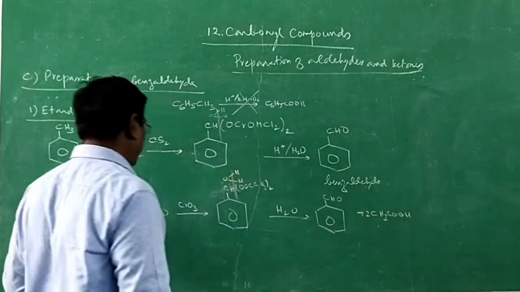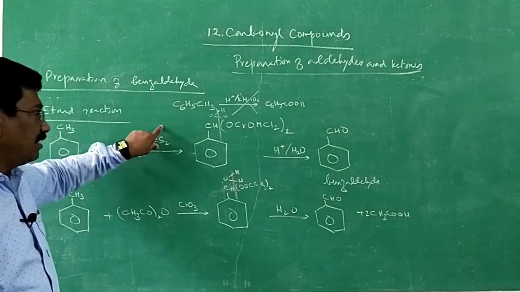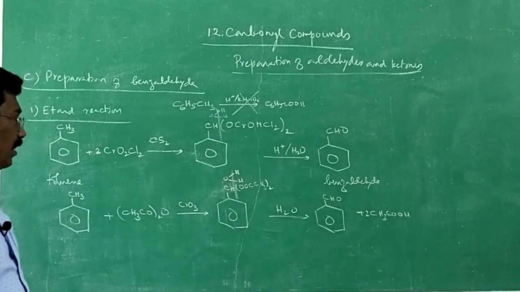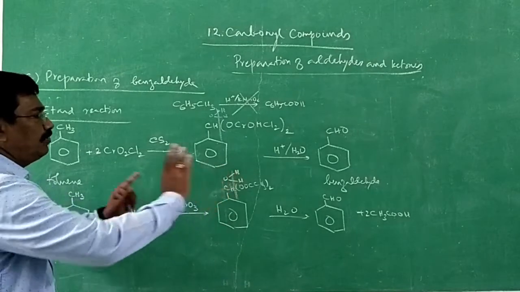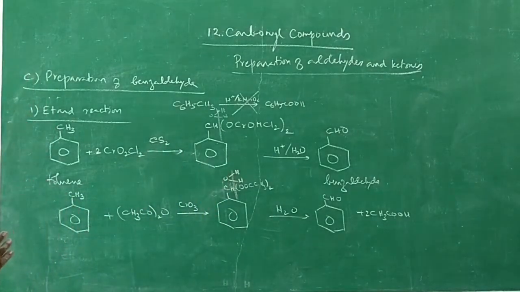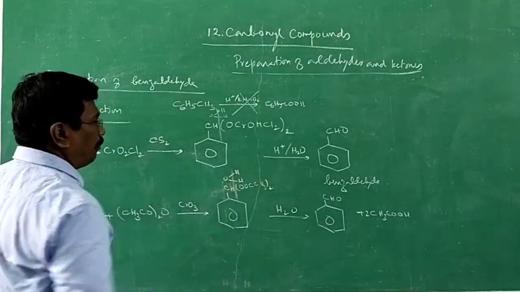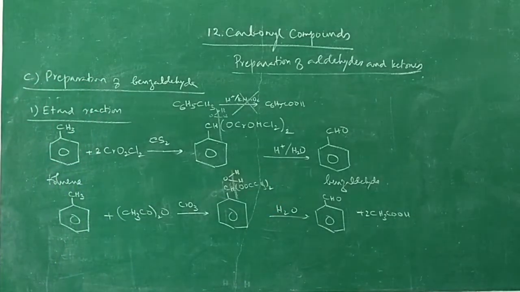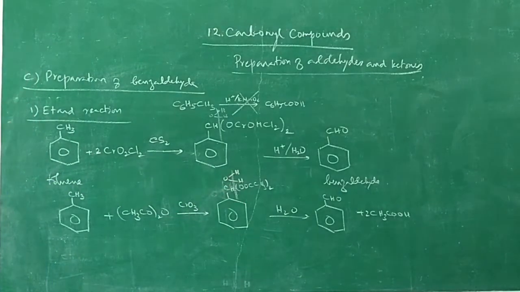So acetylation using acetic anhydride in the presence of CrO3. This may also result in the formation of benzaldehyde, but it is not an Etard reaction. This is an Etard reaction: chromyl chloride with carbon disulfide. That reaction is actually given in our textbook. By this method also we can get benzaldehyde. Just a wording is given. Toluene when made to react with acetic anhydride and CrO3 may result in the formation of benzal diacetate followed by hydrolysis.